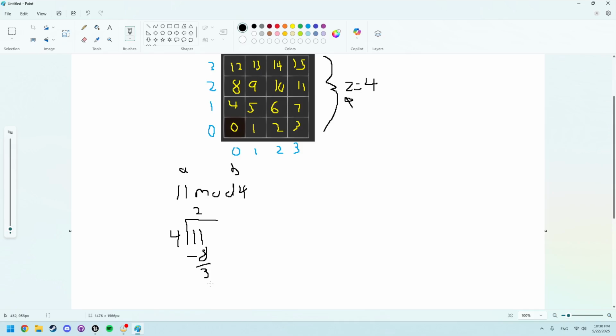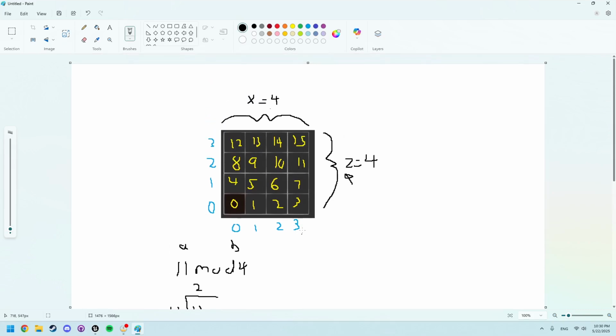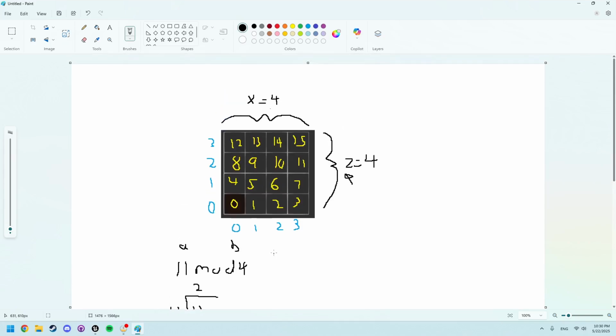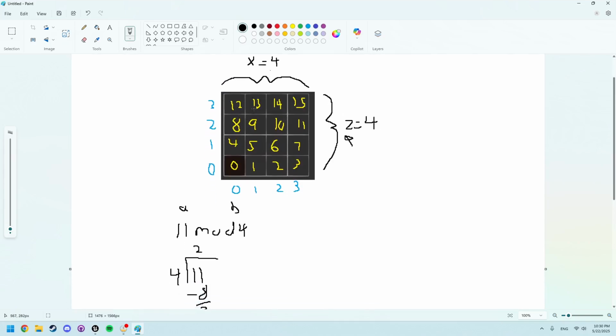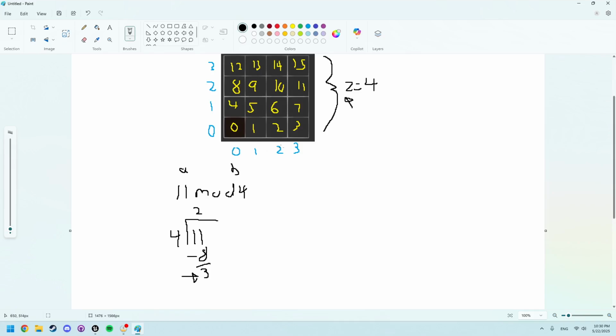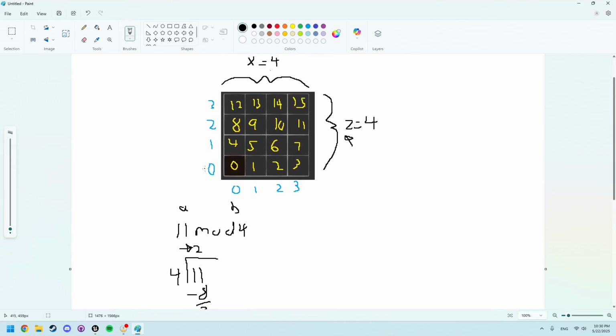Now this is where mod comes in clutch. This is the relationship right here, the remainder. So we see here that 11, if we come here, is located on the third x index, and that's exactly what the remainder is. We'll find that we can divide any of these numbers by the width, and it will give us a remainder equal to its location on the x-axis. And then similarly, we see the whole product up here is actually equal to the